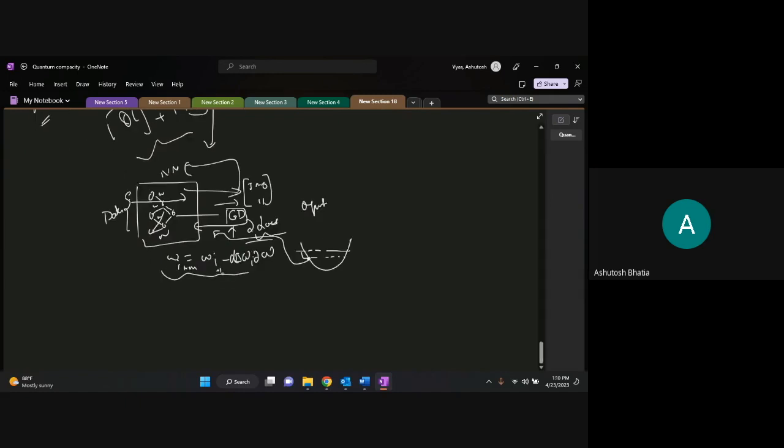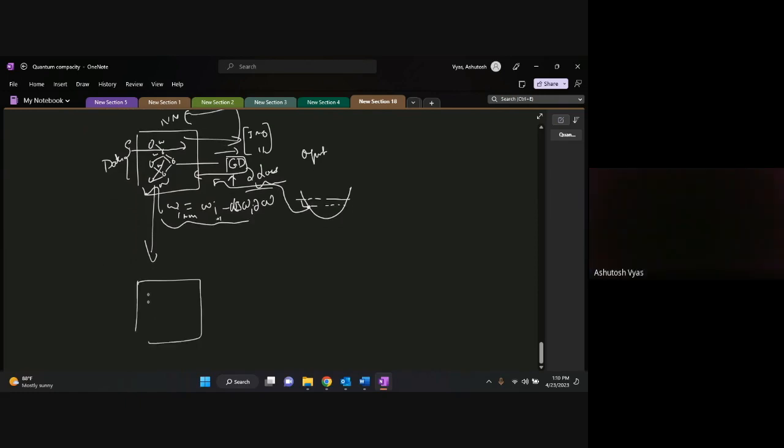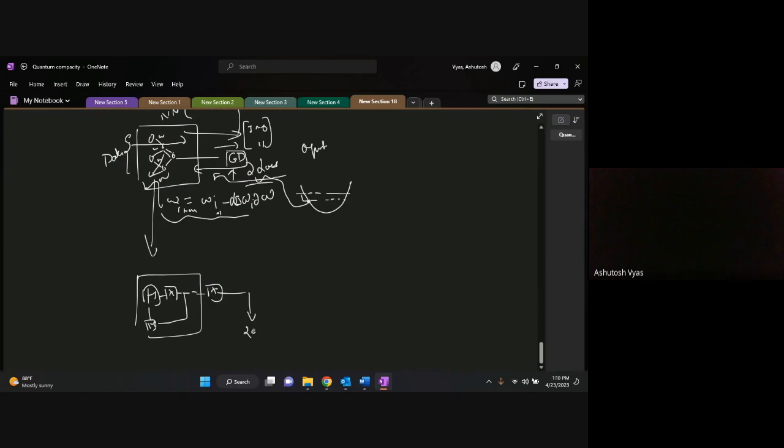Which part are we replacing with the quantum circuit? This part. Okay. This part becomes your quantum circuit: Hadamard gate, X gate, and so on. The neural network part, absolutely. Then you put a measurement device here, and whatever comes out of this goes into your loss function calculation.